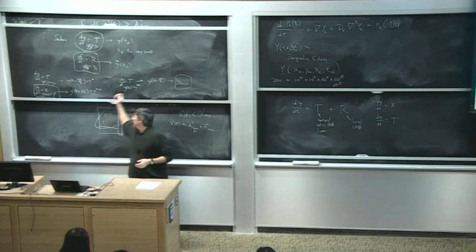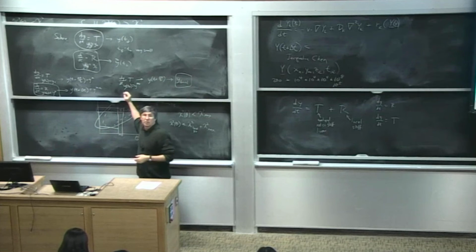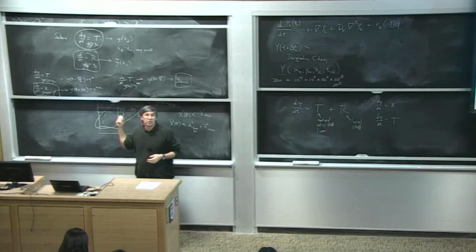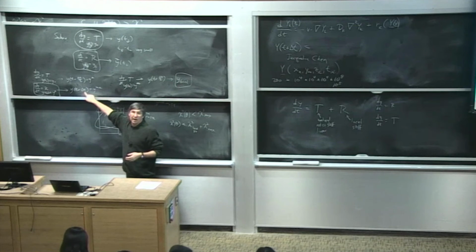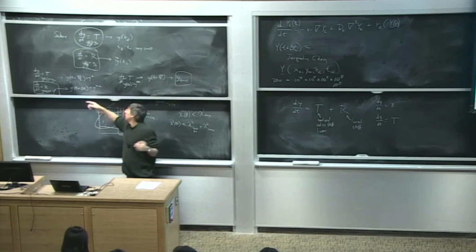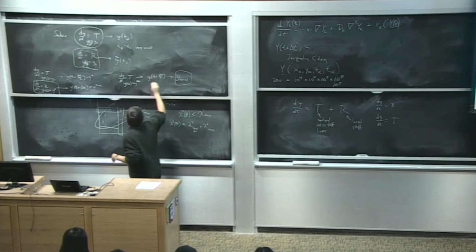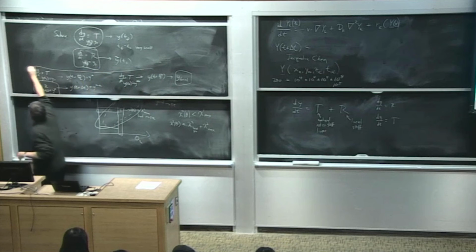Then I do the other half of the transport after that. And if you do the analysis of this, it turns out this thing converges to the true solution of the coupled equations with second order accuracy. So if I cut this delta t in half, the precision increases by a factor of 4. If I cut it by a factor of 10, it increases by a factor of 100. So this is looking more promising as a way to do it. This is the most popular way to do it. So this recipe here for operator splitting